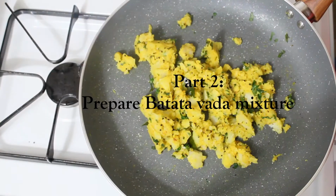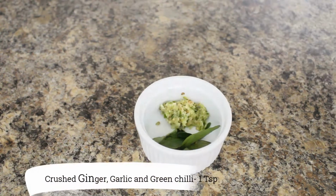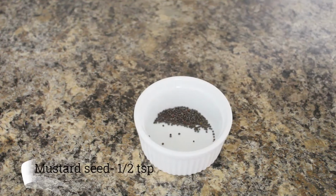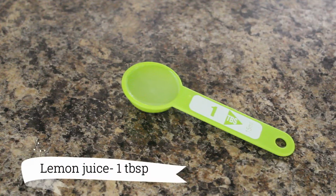Next, let's prepare the mixture for Batata Vada. Ingredients required for Batata Vada: 2 boiled potatoes, 3 to 4 curry leaves, crushed ginger, garlic and green chillies 1 teaspoon, 1 tablespoon chopped coriander leaves, half teaspoon mustard seeds, 1/4 teaspoon turmeric powder, cooking oil, 1 tablespoon lemon juice